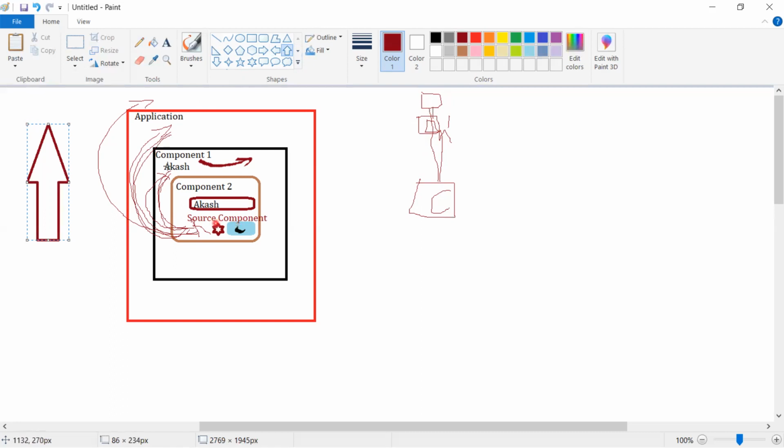So whatever event is happening on component 2, who can handle it? Component 1 can handle it. Whoever is the parent of this component can handle it. Whoever is the grandparent can handle it. So this upward direction is called bubble. This is called the bubble concept in